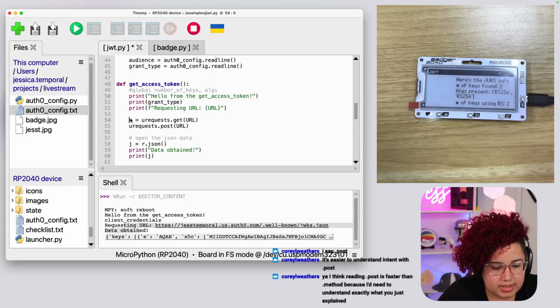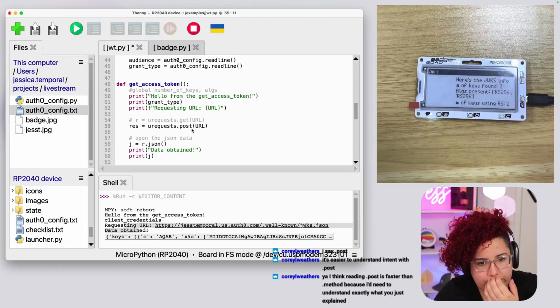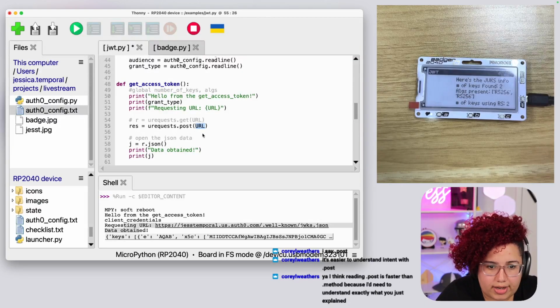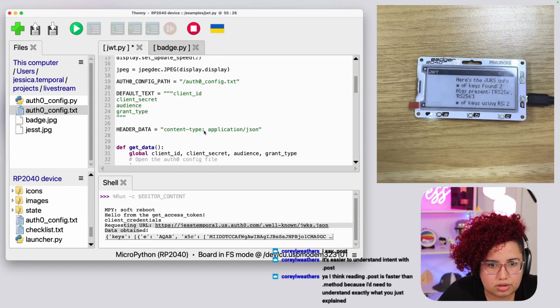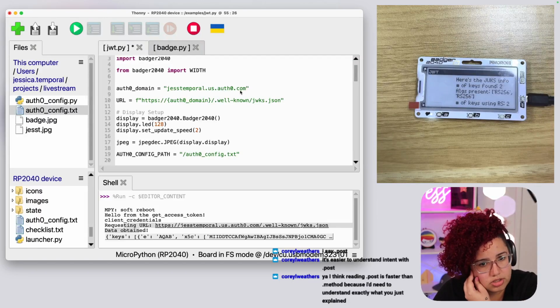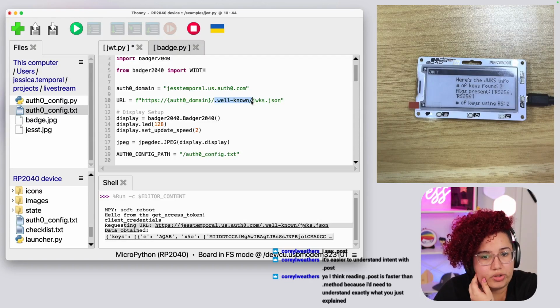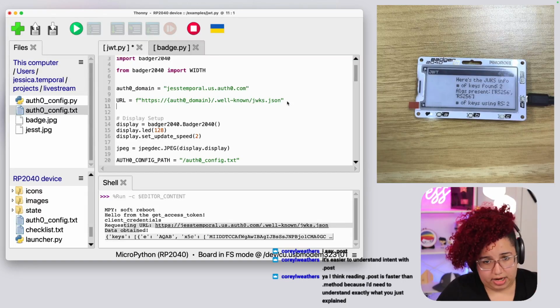So okay, I'm going to comment this out and I'm going to say that I have a response from the post and the URL. Now, I know this is making the wrong URL, so let's change that. Let's go back in here. And before we had HTTPS, the domain for the Auth0 tenant, which I have, which is json-us.auth0.com, and it was going through the .well-known/jwks.json. Now what I want is the endpoint that ends with oauth/token.